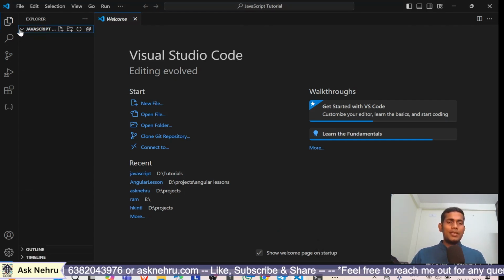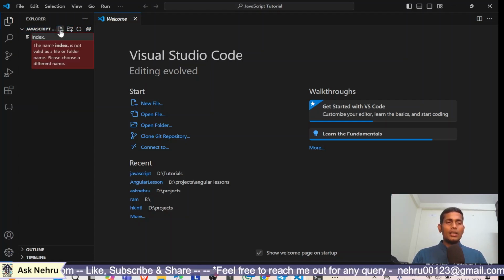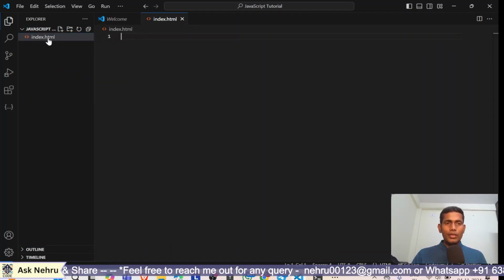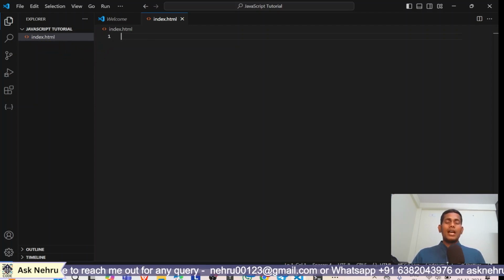Now I expand it, and here is a new file creation option. I click this one and say index.html. So I entered it and created a new file within the folder. The format of the file is HTML. This extension must be given. And here I just press shift and